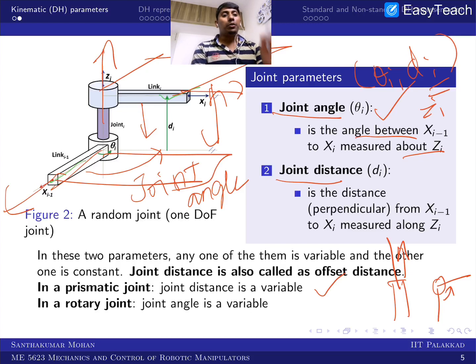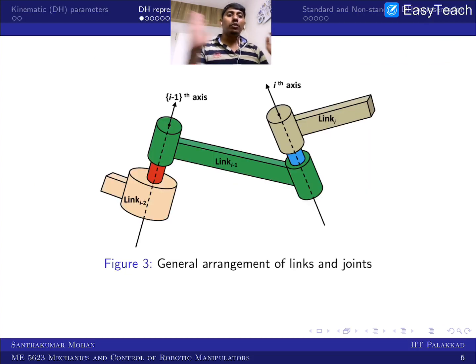Okay, so that you can actually make it clear, now we'll move forward. We are taking a random serial manipulator. I am focusing on one specific link called link i-1. This link i-1 is attached with link i-2 and link i,